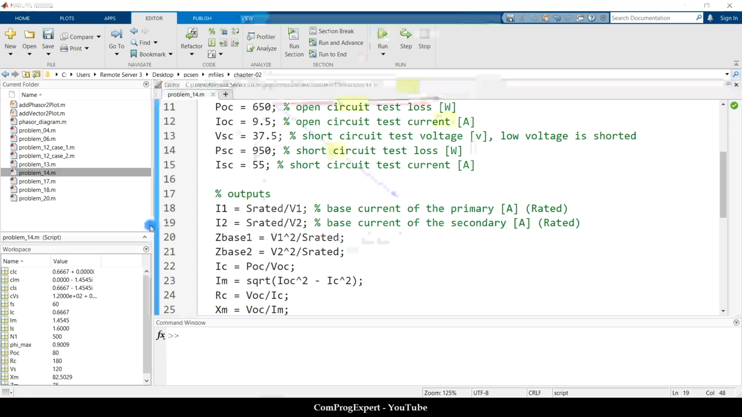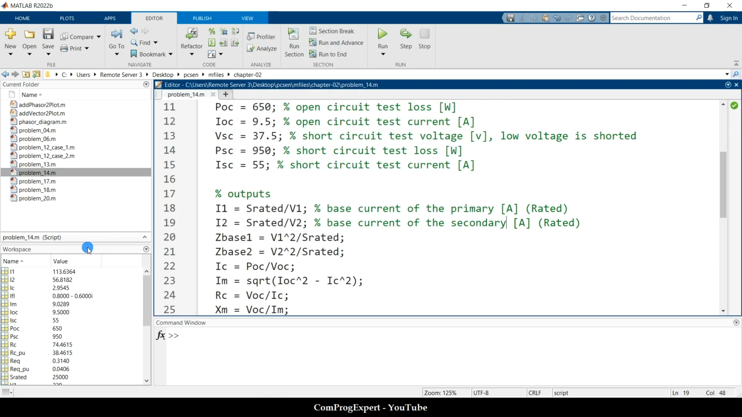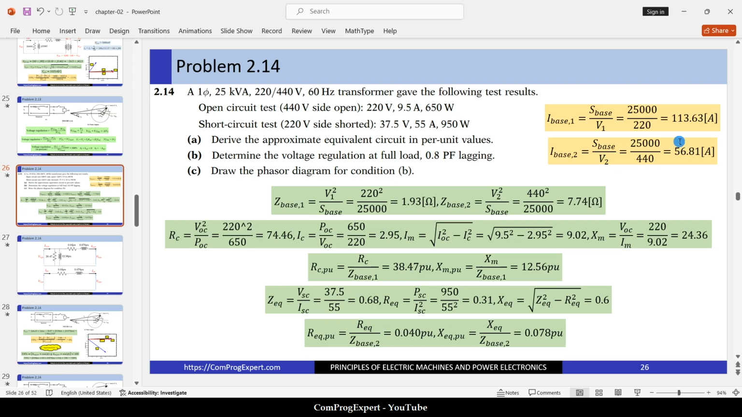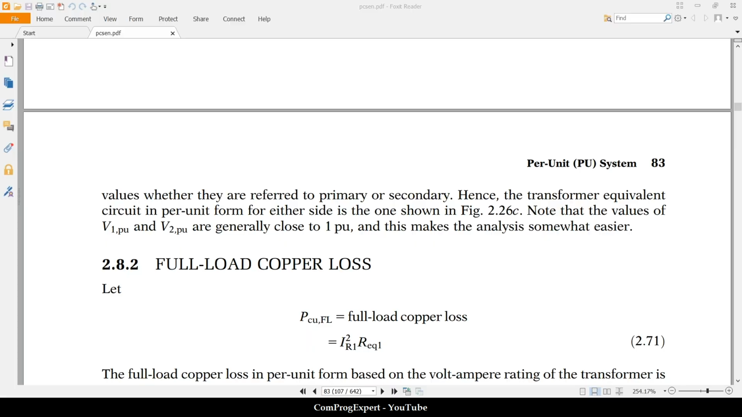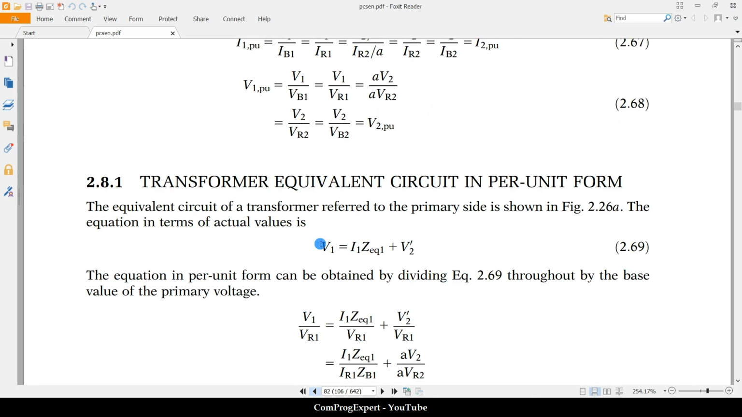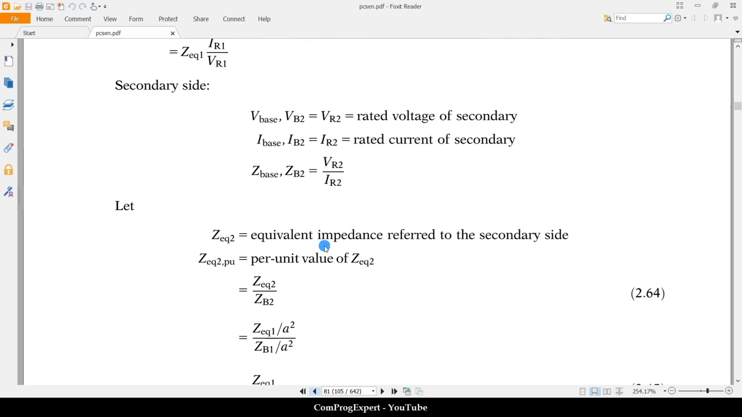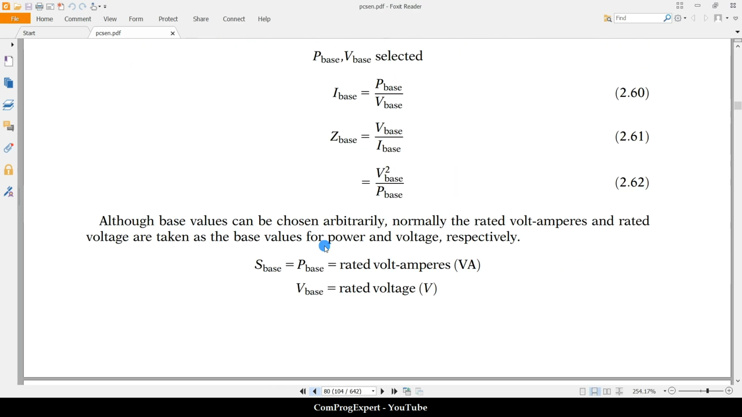So if I run the code, here you can see the value of the I base 1 and I base 2: 113.6, 56.8. These two numbers. So what is the value of the Z base 1? It is equal to V1 to the power 2 divided by S base. This equation that we had here. This equation for the Z base, yes,